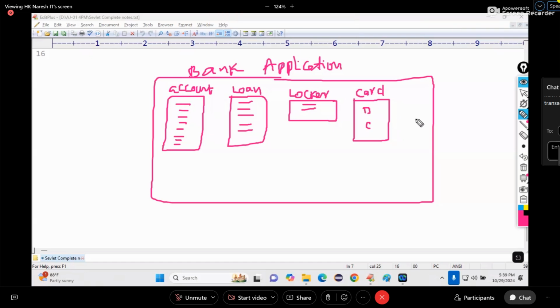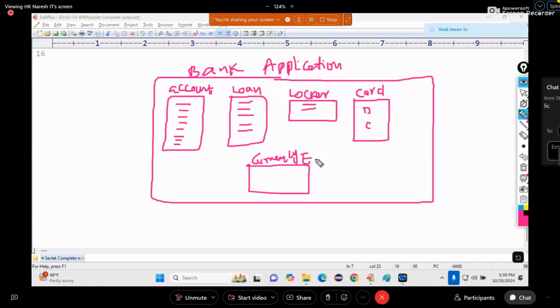Any other? Currency exchange. As of now, you don't know; in coming days, you will realize.